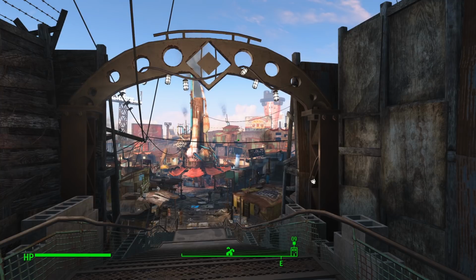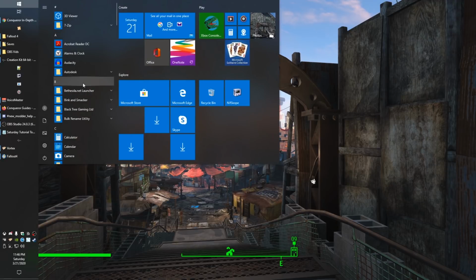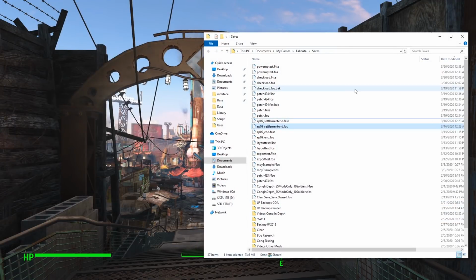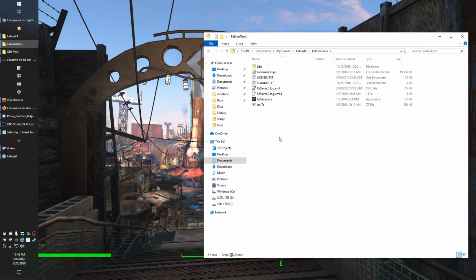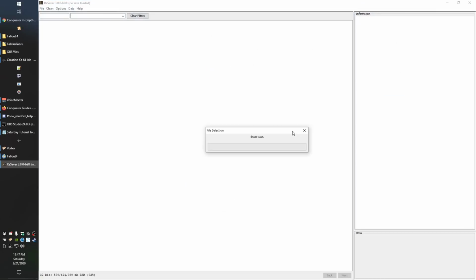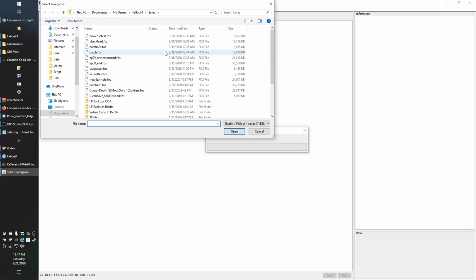In those cases, it's almost always going to be script backup. So to check on that, what you're going to do is download the mod FallRim Tools. And yes, I have loads of folders for my save files because I keep that many save files. But it's called FallRim Tools. You can get this from the Nexus. And this is something that's only available on PC, obviously. Again, another thing where Xbox players kind of get the shaft, what you guys have to do is just wait it out and hope.